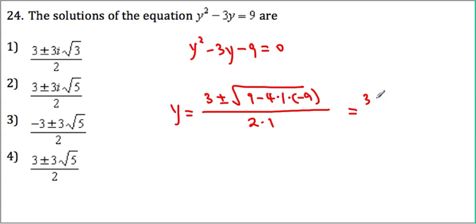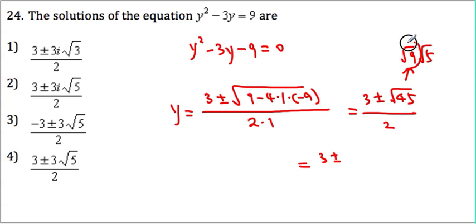Then here we get 3 plus or minus. Once you calculate this, we get square root of 45 over 2. So 3 plus or minus square root of 45 can be expressed as square root of 9 and square root of 5. So square root of 9 will get us 3 square root of 5 over 2,